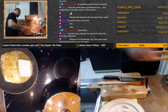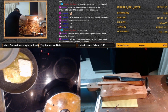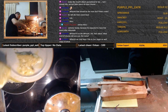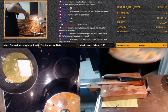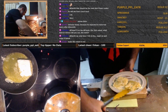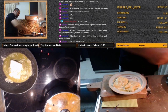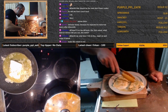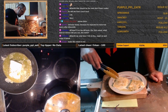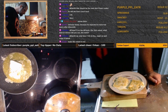Alright. This one didn't come out properly. We left it too long. Yep, we left it too long. This one comes out a little bit better because we were not paying much attention. So I'm just going to try and put this here. The thin one... Alright, the thin one, as you see, it just melted. It destroyed itself. It didn't keep its form. This one was a bit thicker, but like I said, we left them far too long